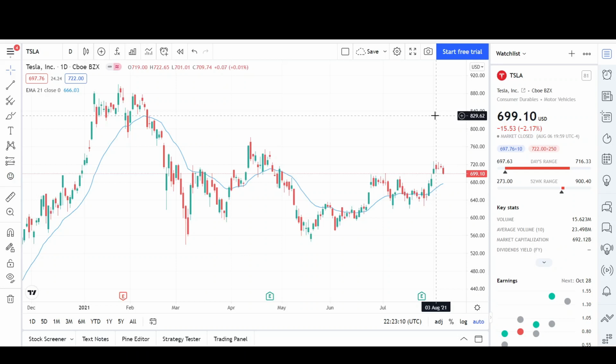This is Vee Trades, and today I'll be doing a technical analysis breakdown for Tesla. The last time I looked at this company was back on July 14th, so I have a few weeks of